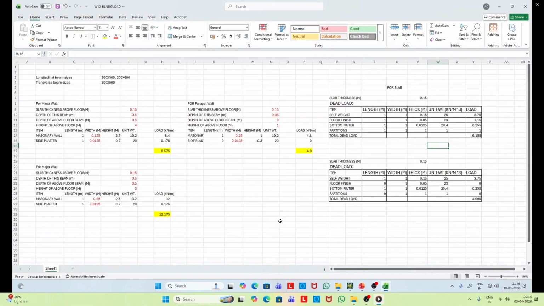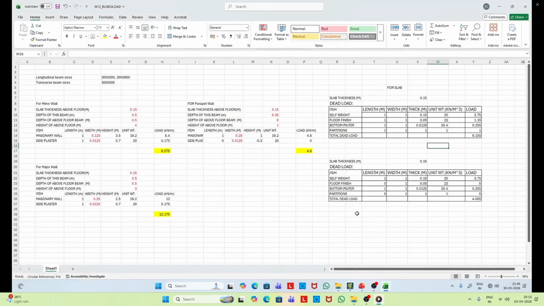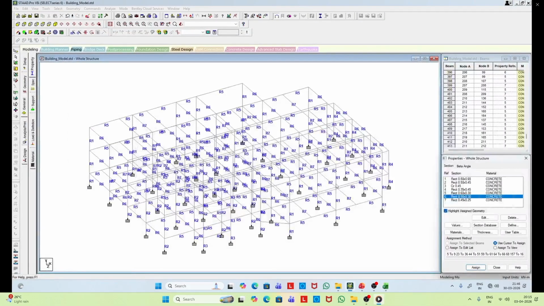3D view, you can see we have the slab loads also evaluated in this Excel file. So we will apply each and every load one by one. And again, we go back to the main model, and as you can see, all sections are marked. Those are assigned. So our next task is to apply the dead load and live load. For that, again, we have evaluated the additional loads due to walls, right?